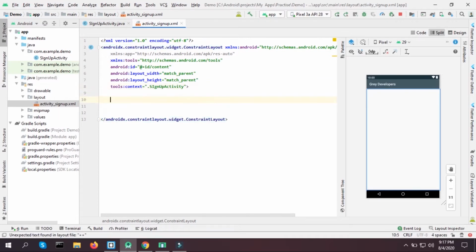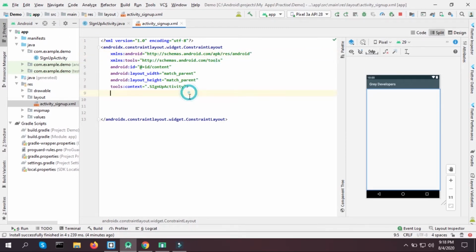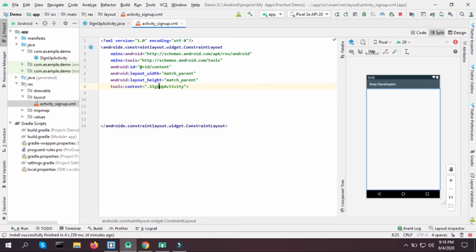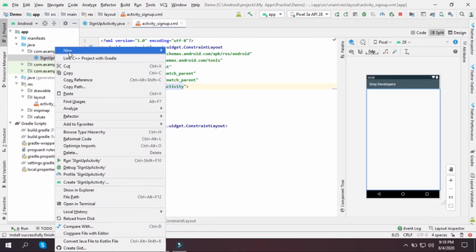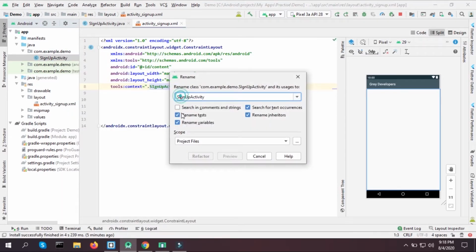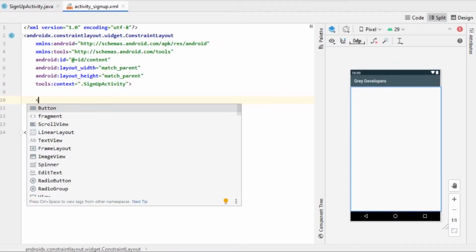So we have a constraint layout at the top, and we are going to use another widget called card view to make our layout look better. So let's create a card view first. Wait a minute, I have messed up with the name here. Let me just rename this file. I have written this I capital, which I don't want, so yeah, refactor. So now let's take a card view,